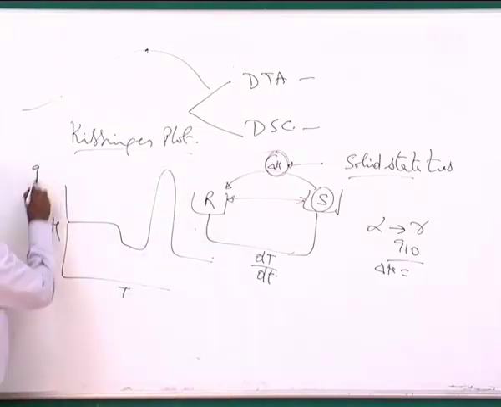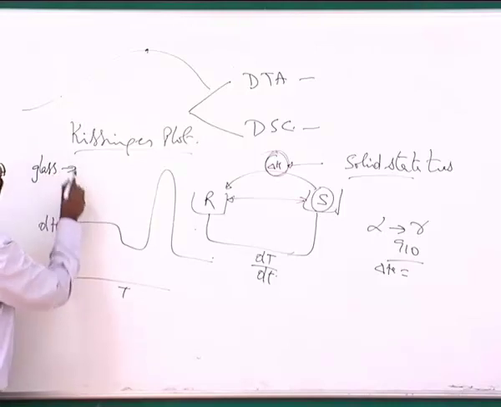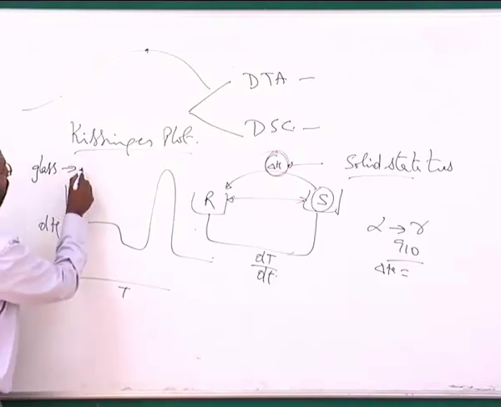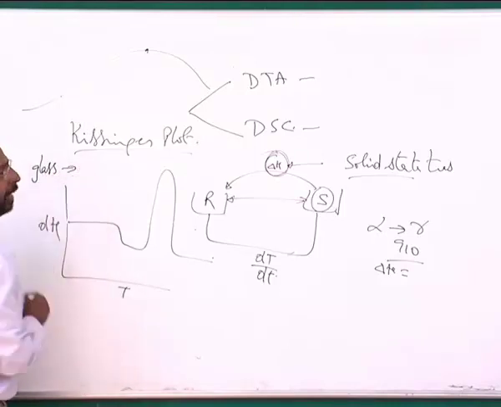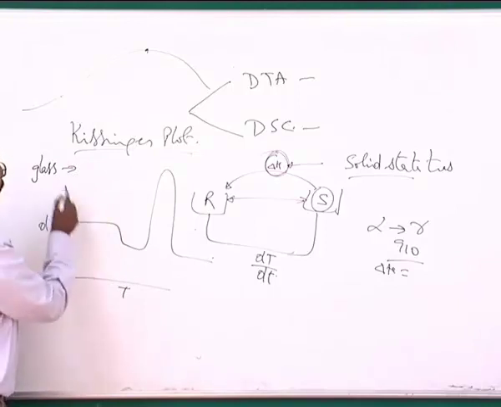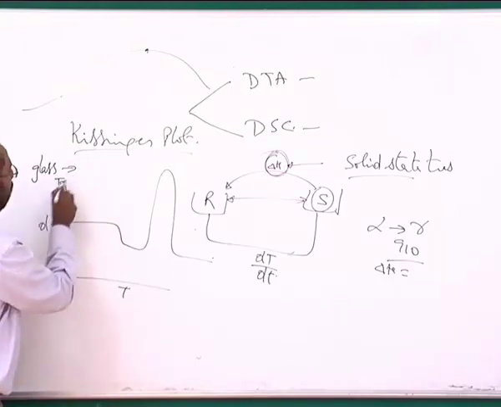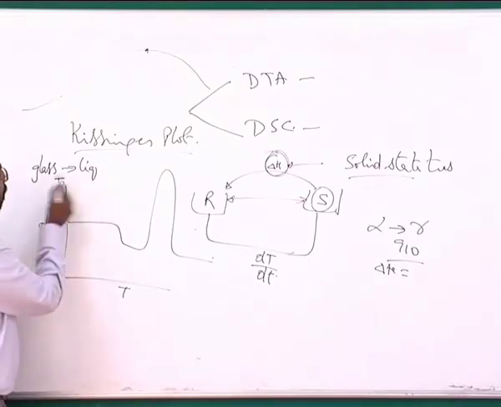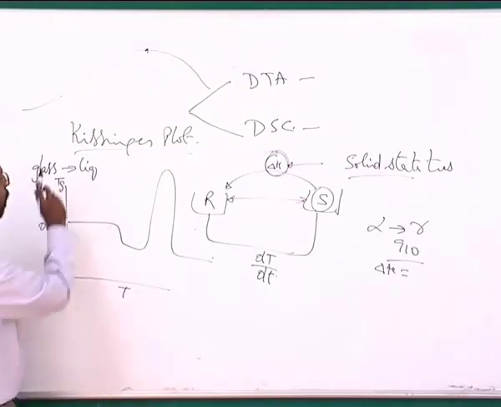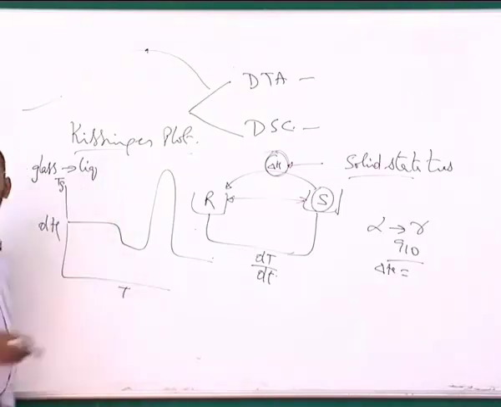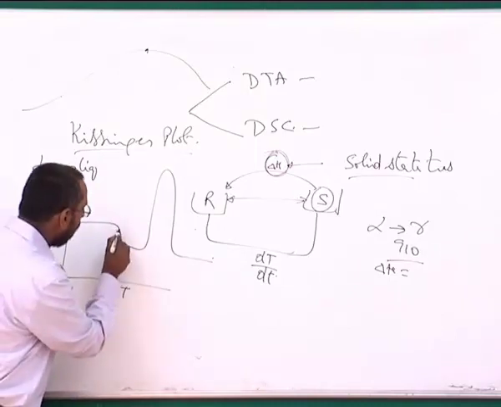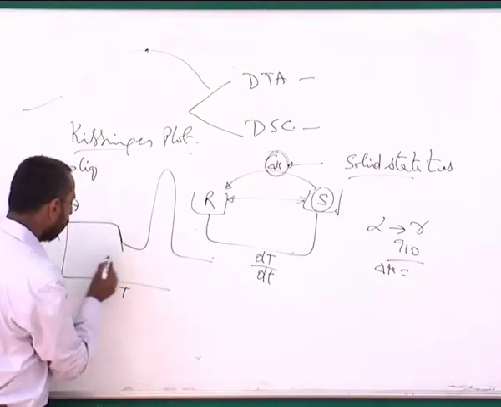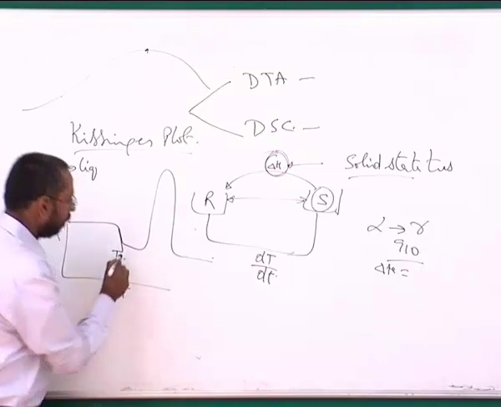If I take a glass, that is what I was talking to you about earlier, first order and second order transitions. If I take a glass and heat it, at that Tg, this glass becomes a liquid. What is glass? Glass is what is called a configurationally frozen supercooled liquid. So as a result, when a liquid gives you a glass, when I heat the glass, it should become a liquid. And that is what you see at this particular temperature, which is called Tg.